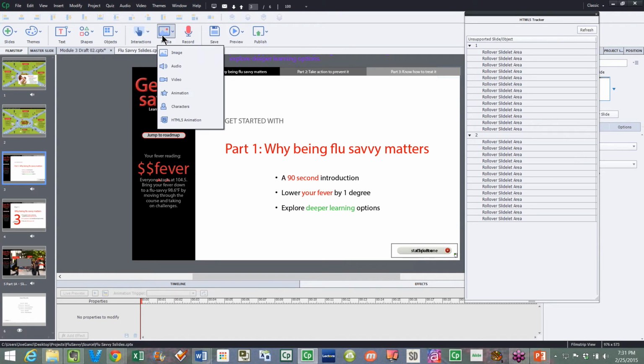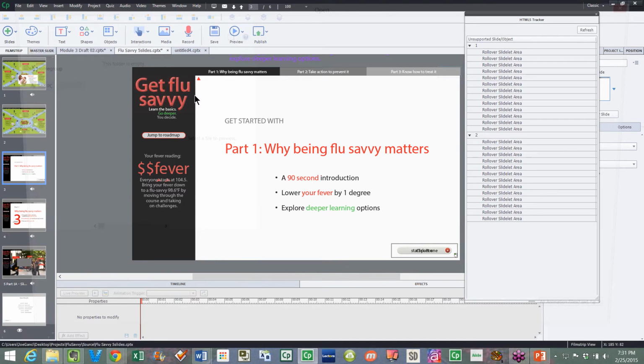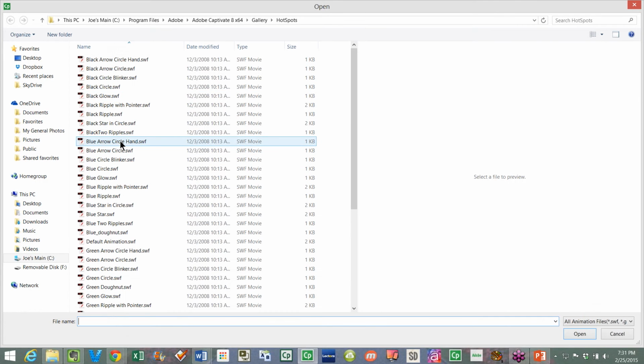By the same token, if I go to media and I choose an animation, so for instance I choose any SWF file,